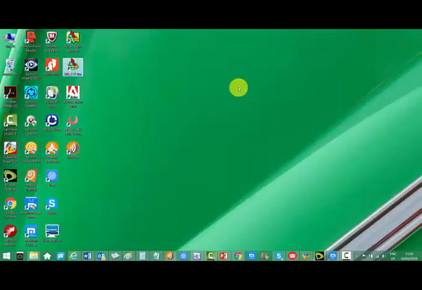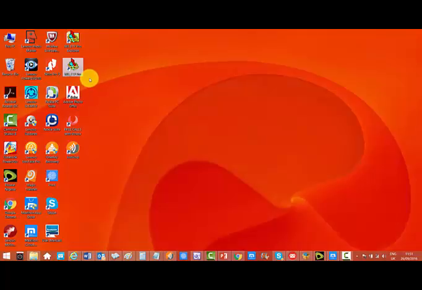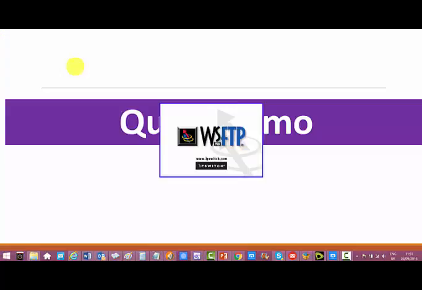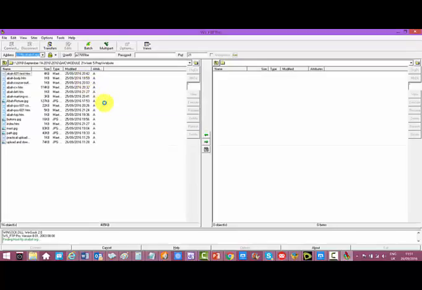Now, there is a software that I have here, and the software category, or they are just all labeled File Transfer Protocols, FTP. FTP is transferring your file from one location to another, File Transfer Protocol. And I have this WSFTP. So if I launch WSFTP, you will find that